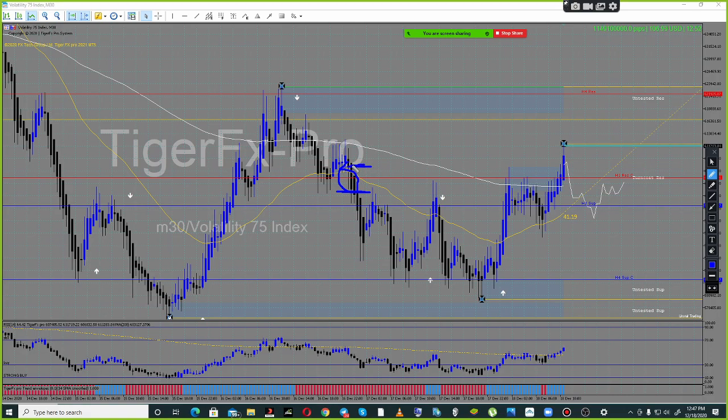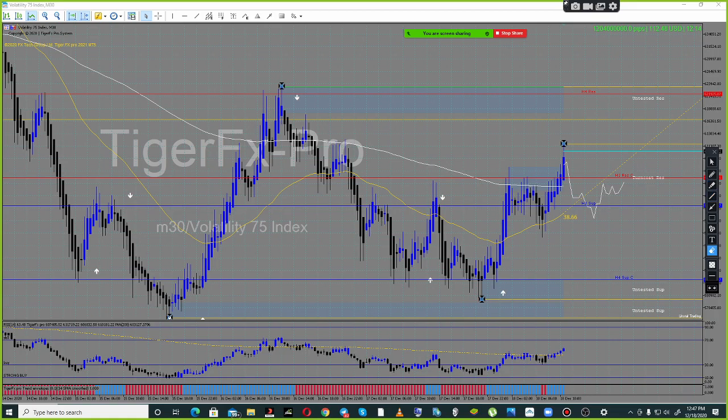Don't complain about missing out on this move. If you complain about missing out on that move, you are greedy, you have FOMO, a fear of missing out. As long as you have fear of missing out, you're going to make mistakes on the market. It's all about following your strategy and your rules, because there's no telling what the market will do. But if we have rules and keep following them, we're going to make it.